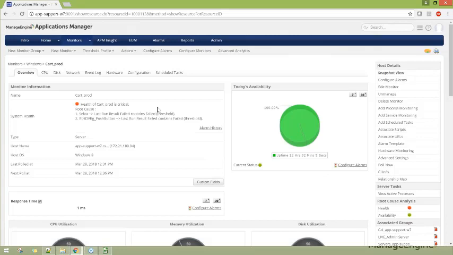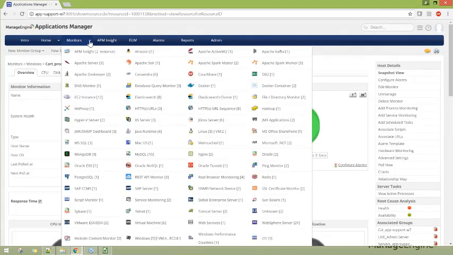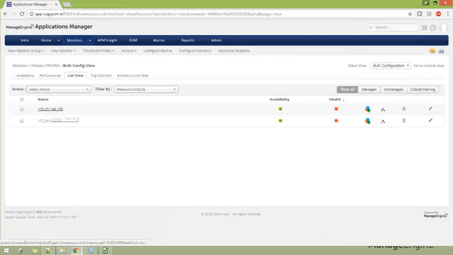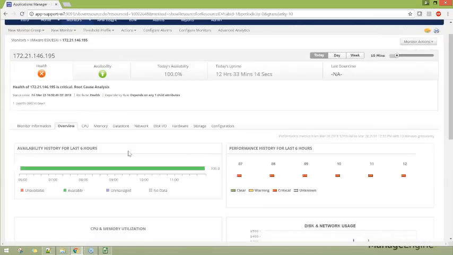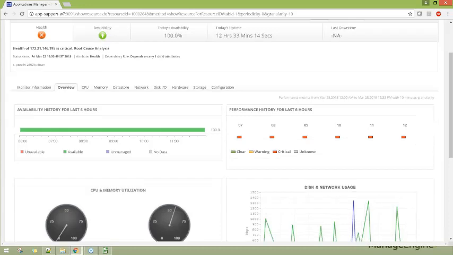Now, let me take the next monitor type. For this, let me click on the arrow mark beside the monitors, and let me click on the VMware ESX host. So this is one of the ESX servers that we have added. We show the CPU, memory, data store, disk IO statistics, network